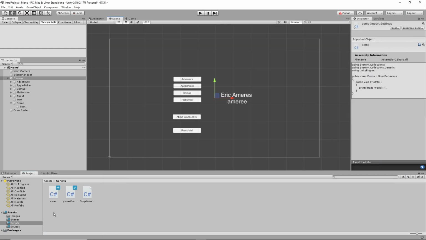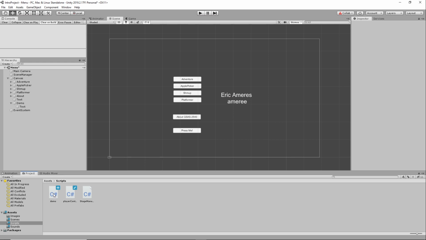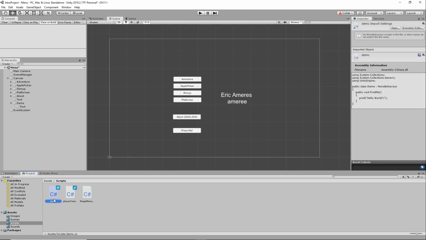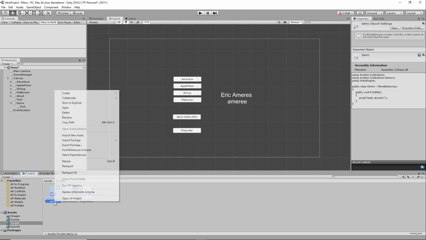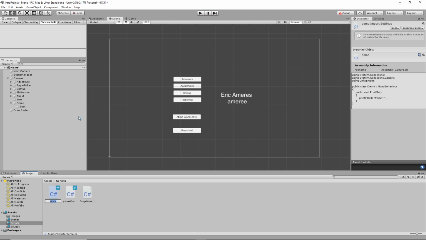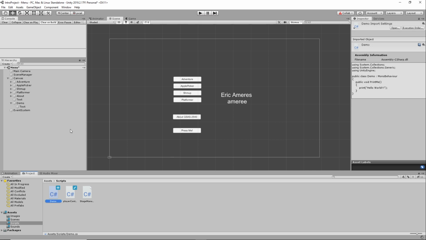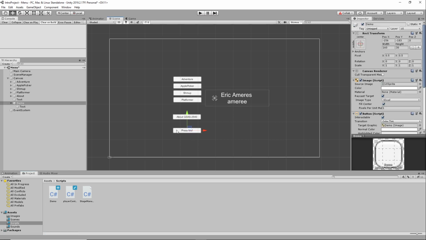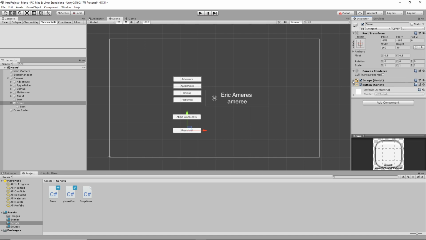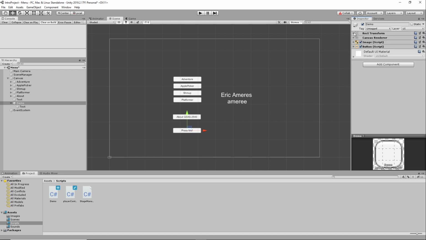So here it is down here, demo, and hopefully it should have fixed its name by now. Let's see. Let's assume that it has. And double check here, just for good measure. So we need to call that. We want to call that by pressing this button. Now, a component like this, a script, can't just live on its own. It has to be put on an object. And it could actually be on any object in here, but we're going to go ahead and, for the heck of it, we're going to put this script directly on this